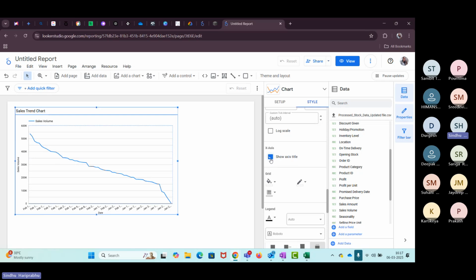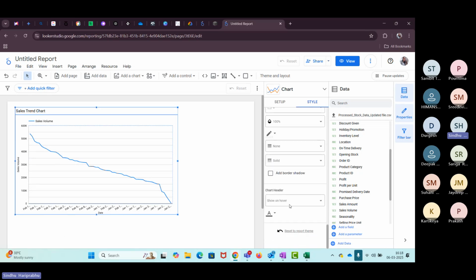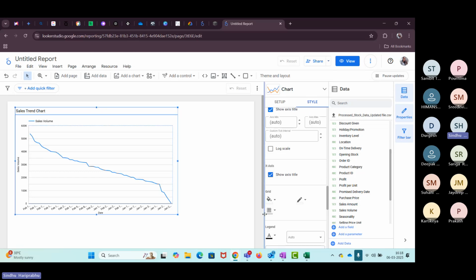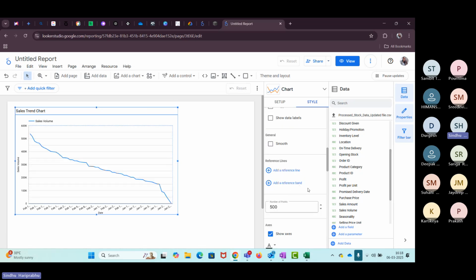Then x-axis talks about the date. So you can add all this in the style column. Then if you want to add some color also, you can change the background color of the chart. Then if you want a log scale, you can give log scale. So it is changing here. However you want to make the changes, you can make it. If you want to add some reference line, you can add continuous reference line, all this.